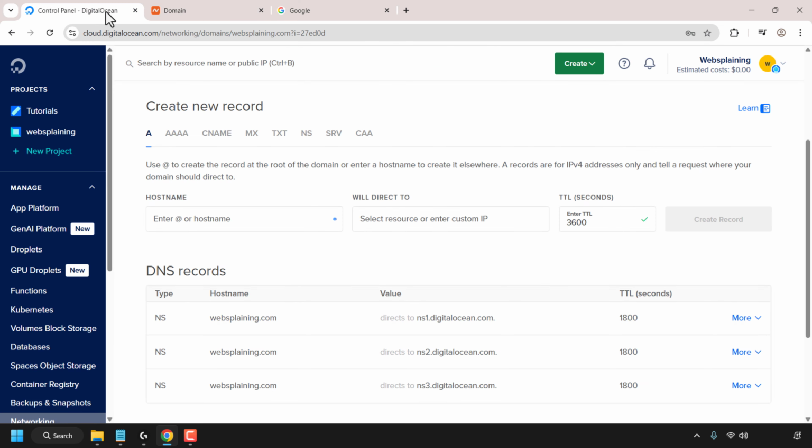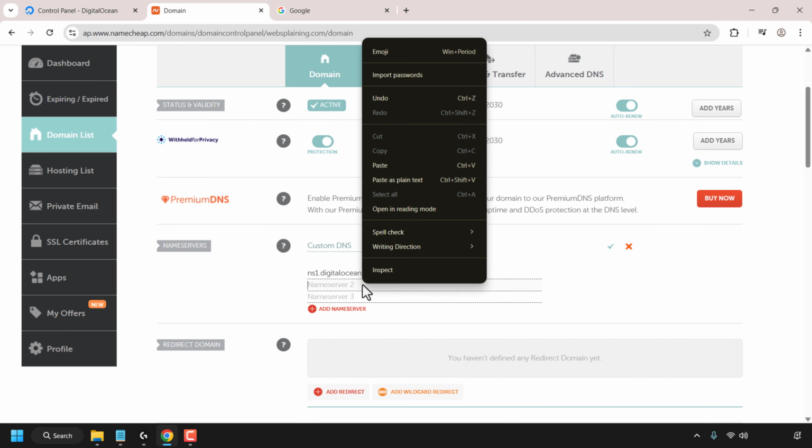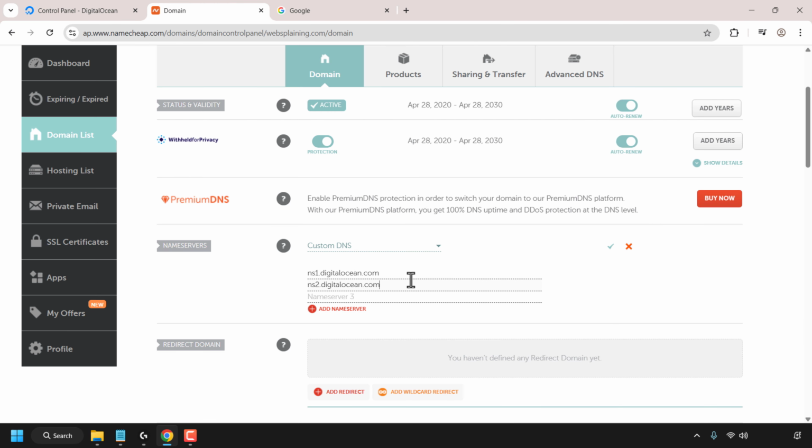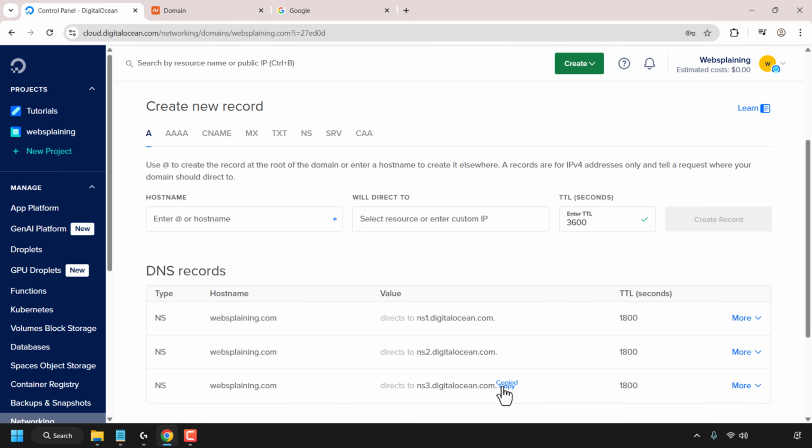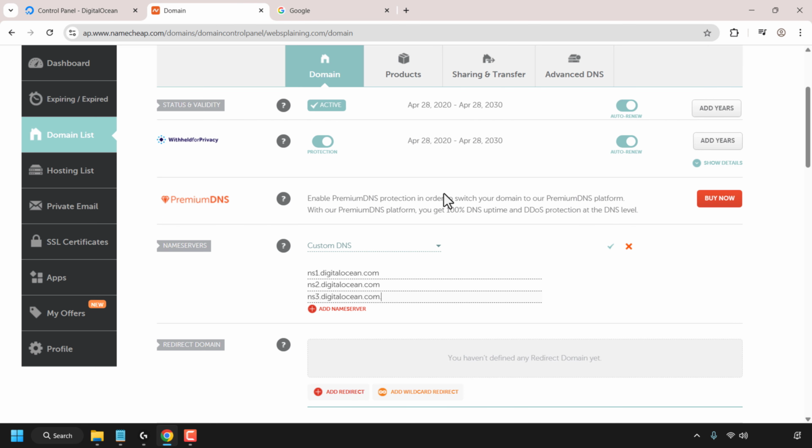Repeat this for the other 2 name servers. So I'm just going to grab the ns2 name server and delete the full stop. And I'm going to grab ns3, paste it, and delete the full stop. Once you've added the 3 custom DNS records for DigitalOcean's name servers, make sure to click on the check mark